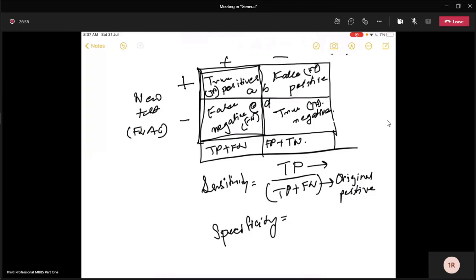নিচে থাকবে এফপি প্লাস টিএন টোটাল নেগেটিভটা। FP plus উপরে, উপরে, টিএন, তার মানে টোটাল টু নেগেটিভ।